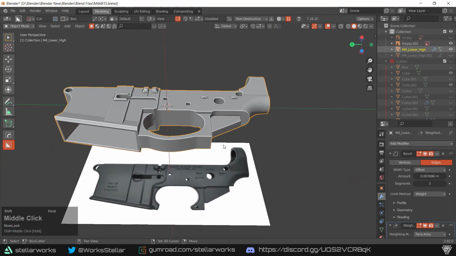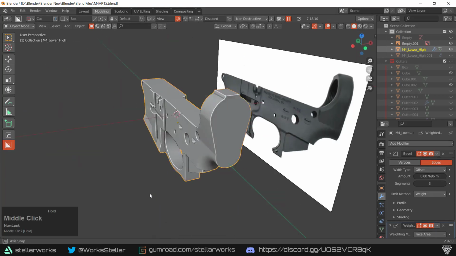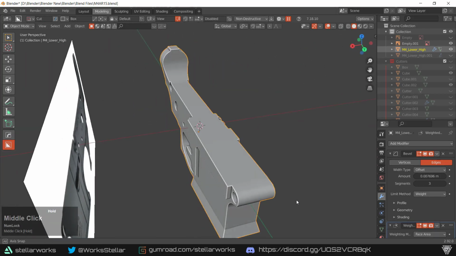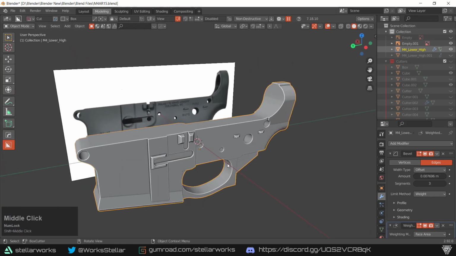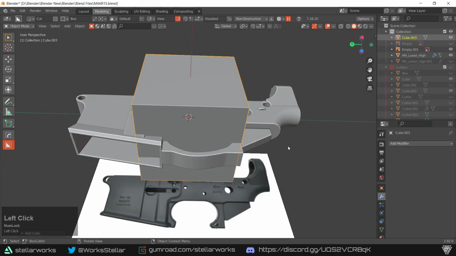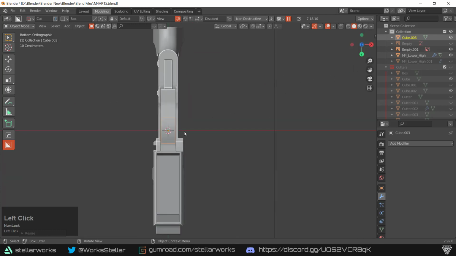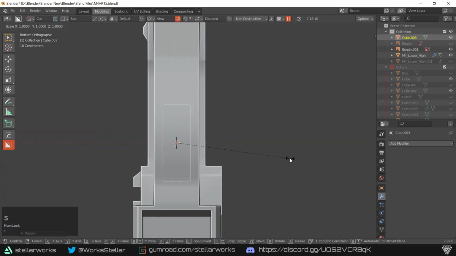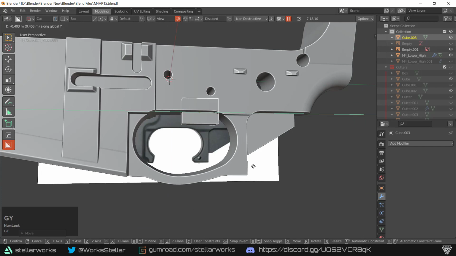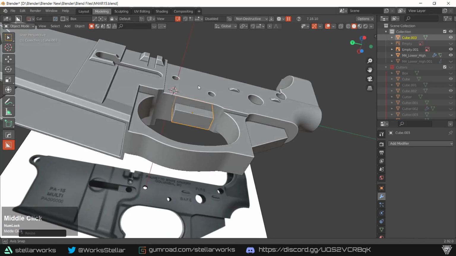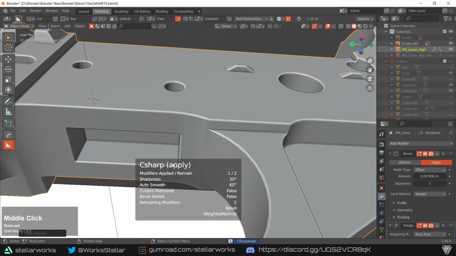So another thing that we need to do to make this a bit more complete is we can just add a little slot for where the trigger is going to be, and then we will be done with our lower receiver after we add in the slot for the trigger and the mag release slot. So I'm just going to go in, add a cube, scale it down, scale it up on the Y slightly. G Z, G Y, and we're just going to difference boolean that, sharpen it,